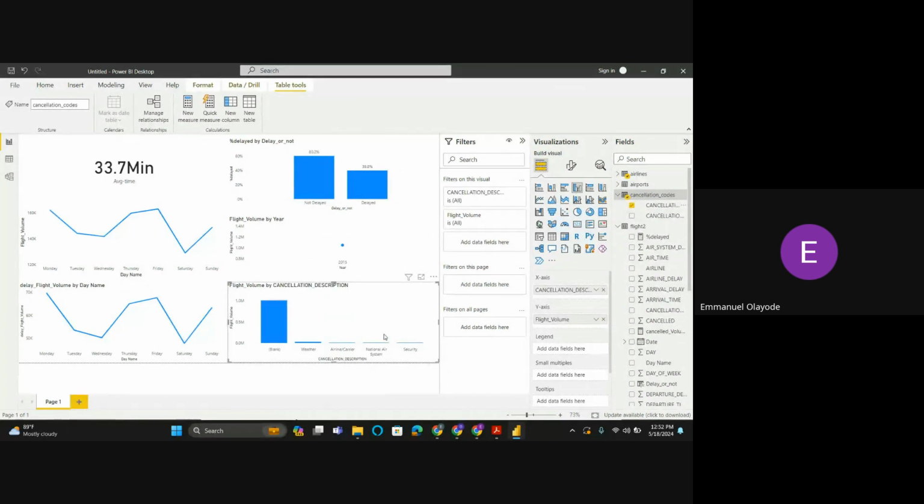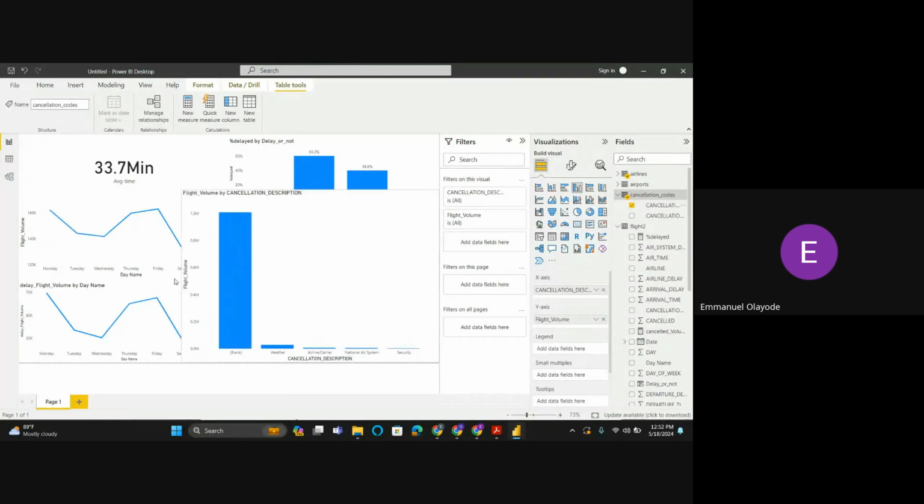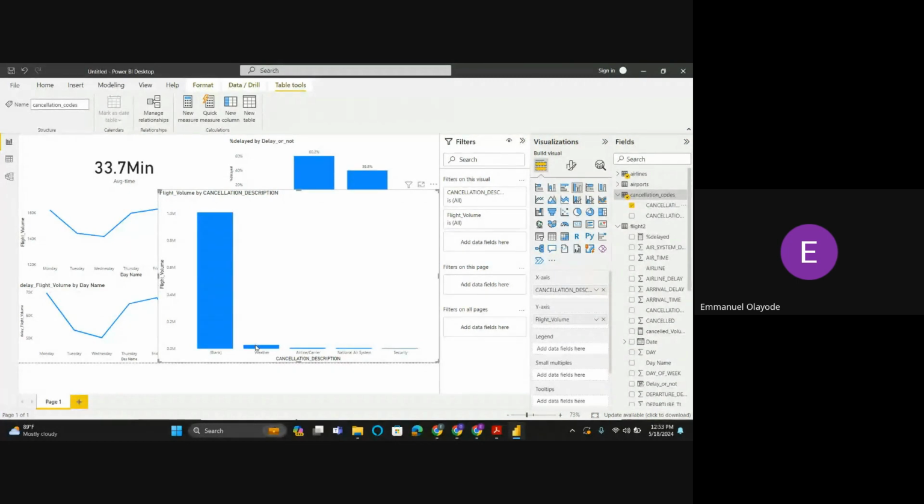So I have some cancellation reason here. You can see it based on the absolute value now. Based on the absolute value, I have 28,000 for this, and this is the airline carrier, and so on. For me to calculate the percentage for this,